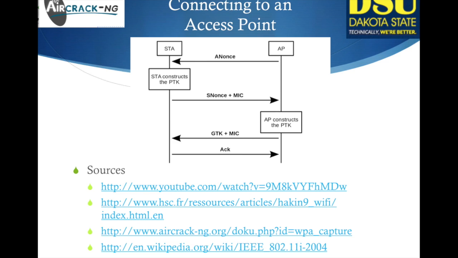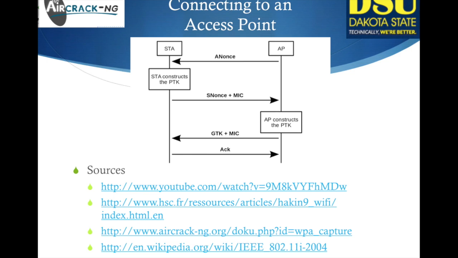Those 5 things combine to make the PTK, which is what's going to basically encrypt all the traffic for that session. So for the first step in the handshake, the access point is going to send a nonce to the station. At that point, the station can go ahead and make the PTK. Then the station is going to send back its nonce with the message integrity code back to the access point. From there, the access point will also construct that pairwise transient key and go ahead and